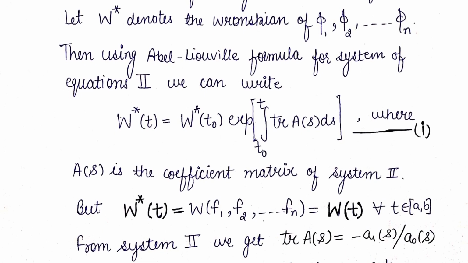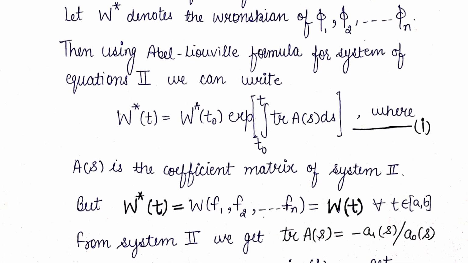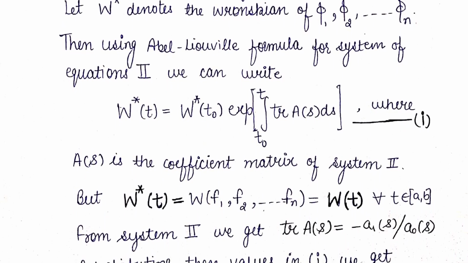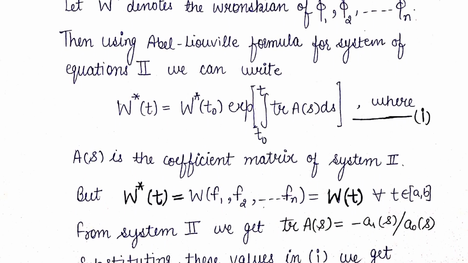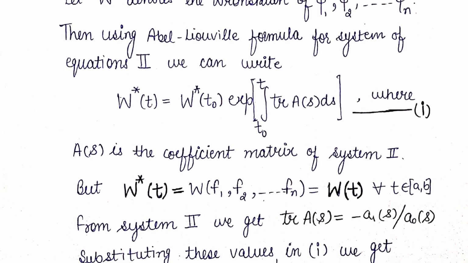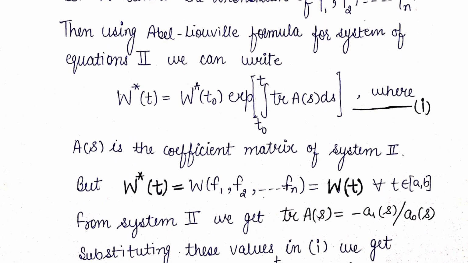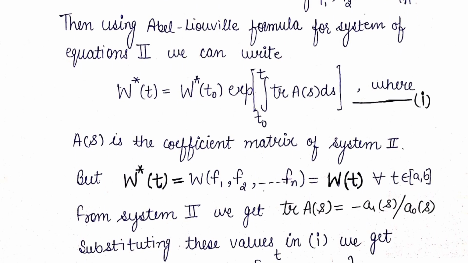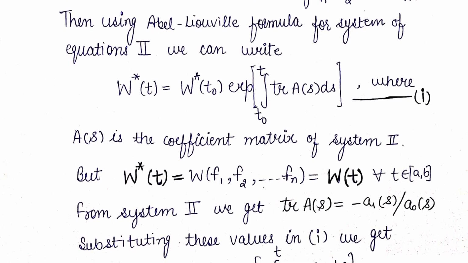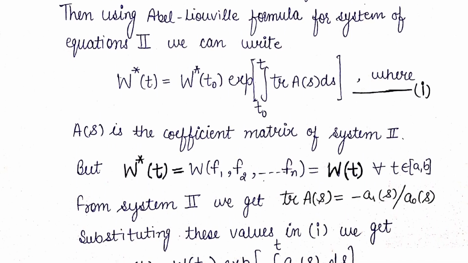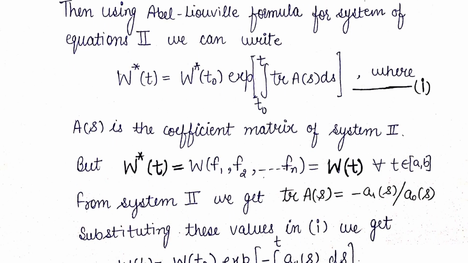So substituting the value of Wt and trace As, we get, so you can check that for system 2, the trace of the matrix As becomes A1s over A0s with minus sign,